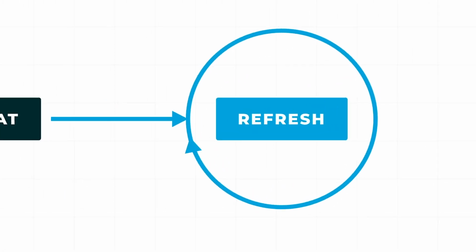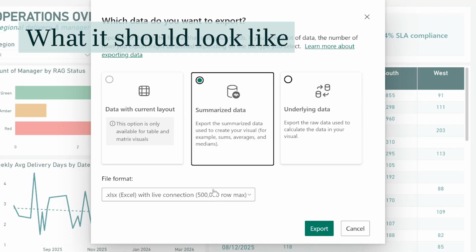But all of this is assuming that you've been able to get to the right export option. Because if you went to that menu and the live connection option was grayed out, don't think that you're going to be stuck with the manual approach for life. Actually, it's just a really small little change that's done on the report side, and it's really simple and easy to ask for. I'll quickly show you here what exactly the report owner needs to do so that nobody's left